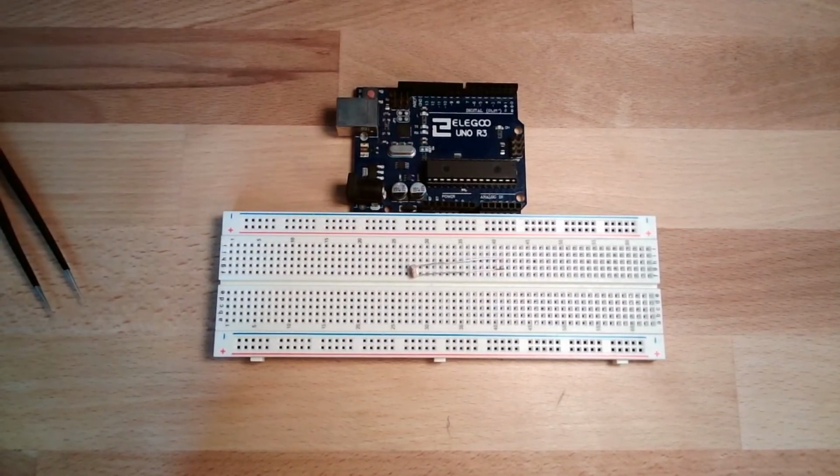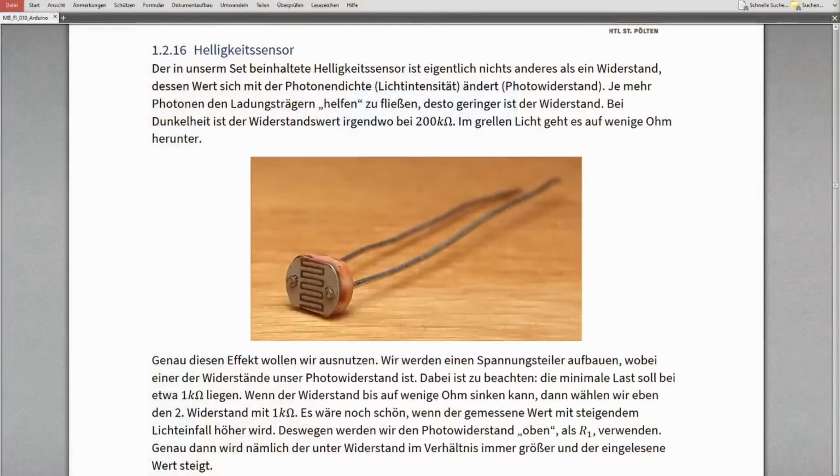To show you a little bit better, I'll show you on my screen. This is the thing I'm talking about. Here you see a bigger picture. This is the photoresistor, and you see the resistor element. It's a semiconductor, and if there's a lot of light, it has low resistance. Okay,